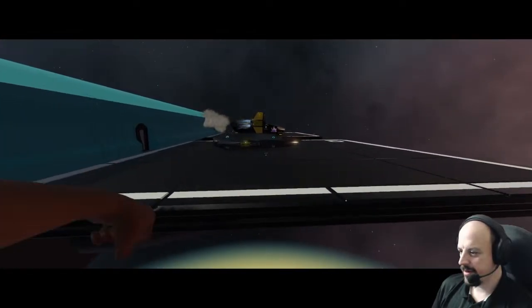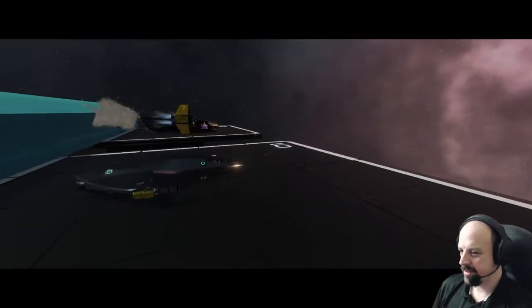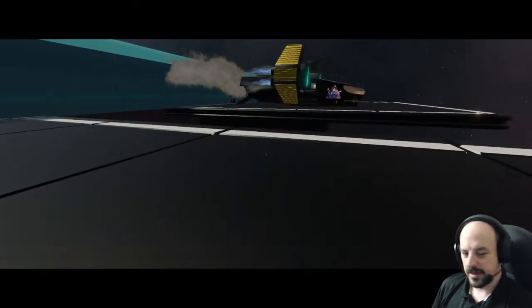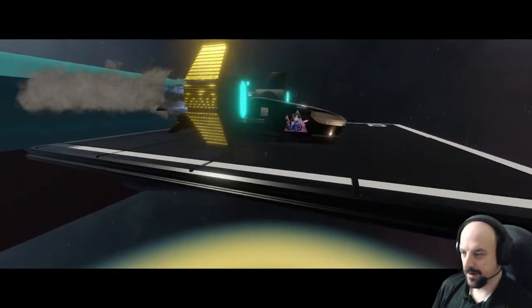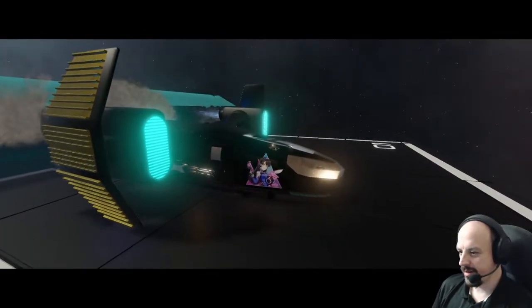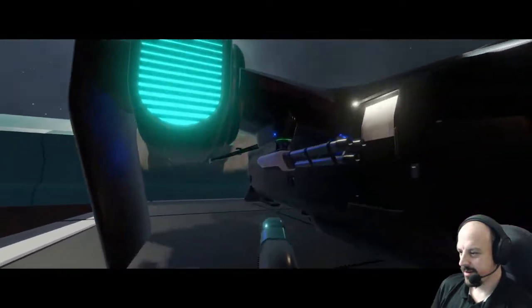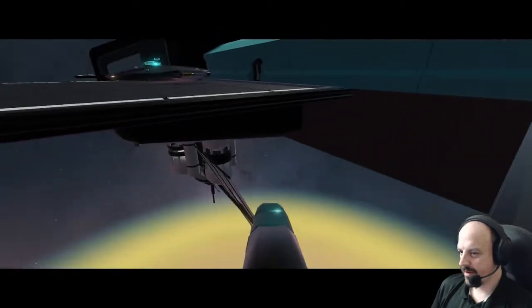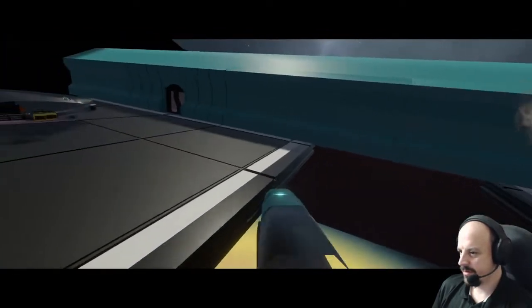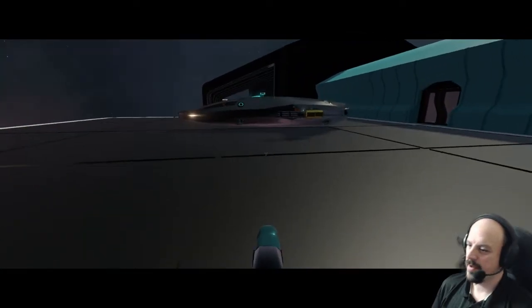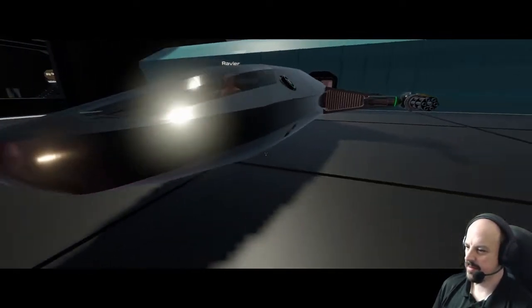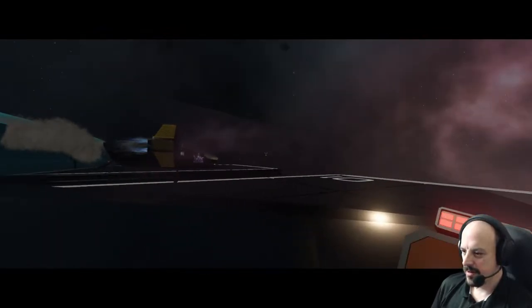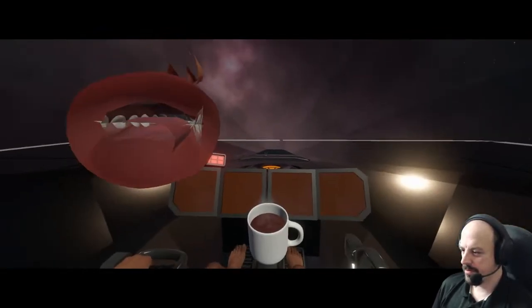So stupid, man. Everything else is working fine. NPCs are just not showing up in the build. Probably gonna turn off the decal projectors. Yeah, it's not important right now. I can't wait to get this ship done. I just want to fly this ship around and blow up things. Just want to blow up things.